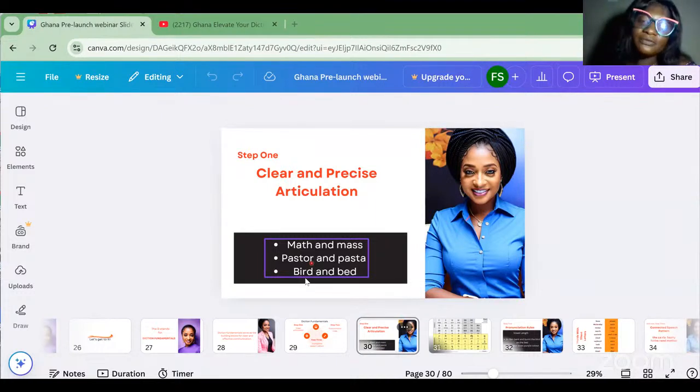Another is the vowel sound in bird. We do not have such a sound in our languages, but we have a similar sound. So we just ordinarily replace the sound with a similar sound, and that makes it wrong when it comes to English pronunciation. Of course, we can use that for our native languages. We are absolutely correct. But when it comes to the English language, we should use the sounds of English. It's just like when an English person is also trying to pronounce your language, they would